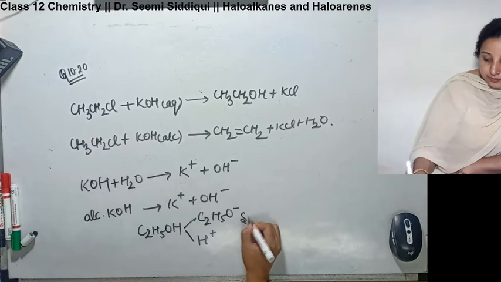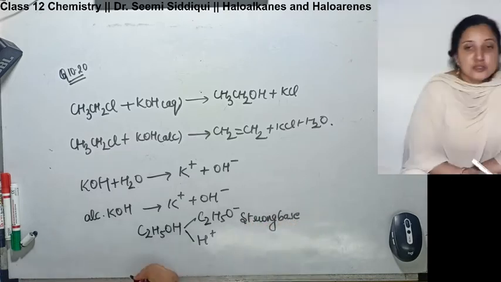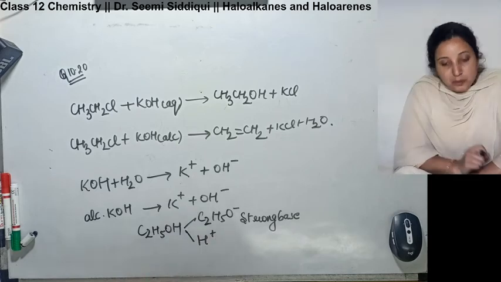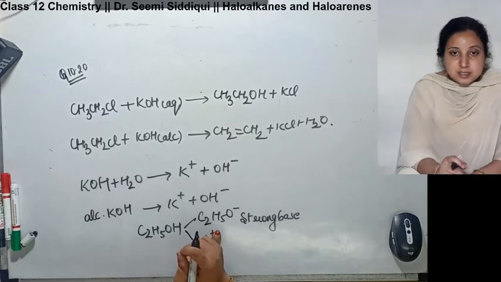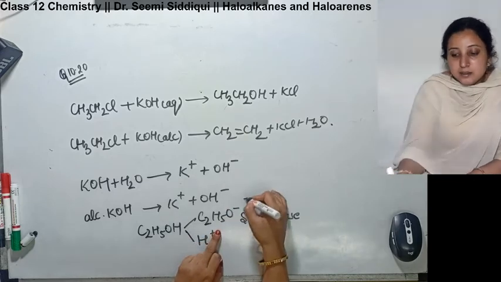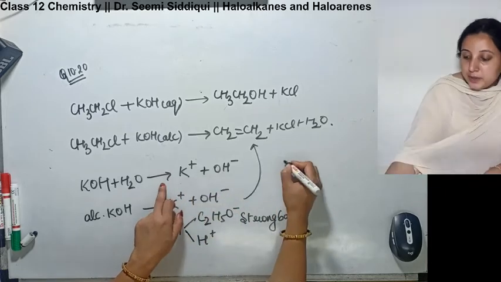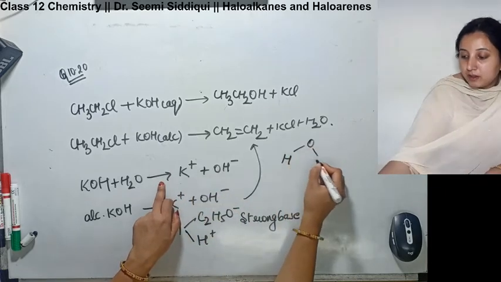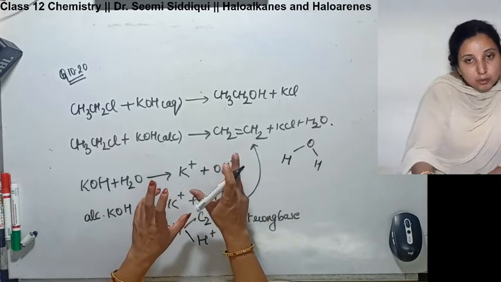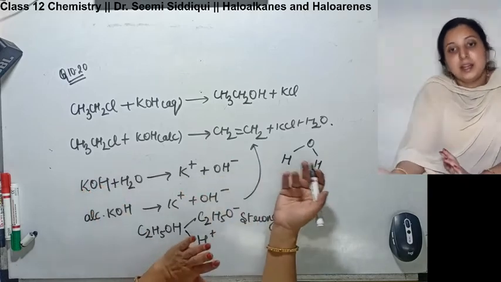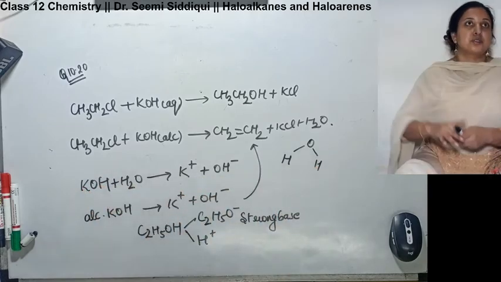It acts as a strong base. When it acts as a strong base, it takes the H plus and makes the alkene. और यहाँ पे क्या हो जाएगा, water की presence है, this water gets surrounded over here, तो ये H को नहीं ले के जा पाता है. This is the reason behind this question.